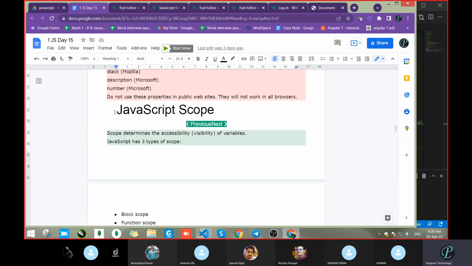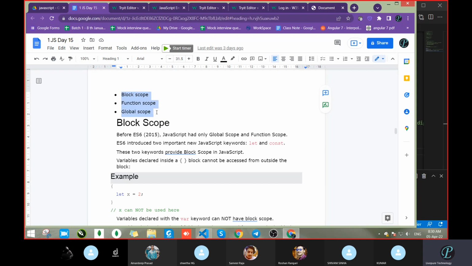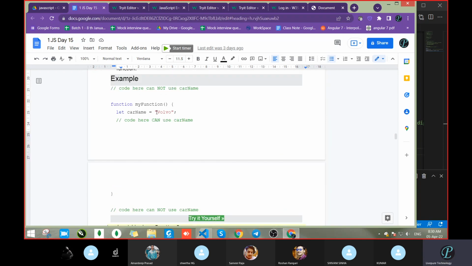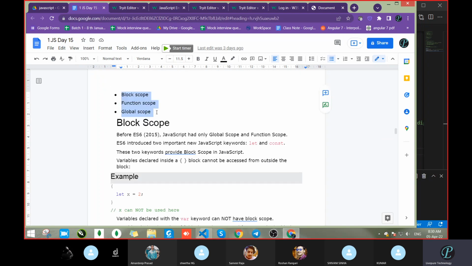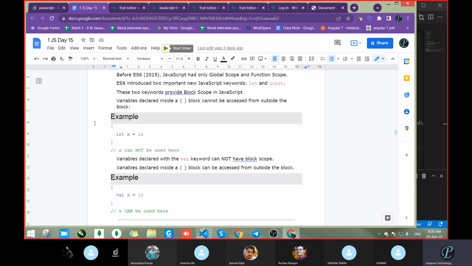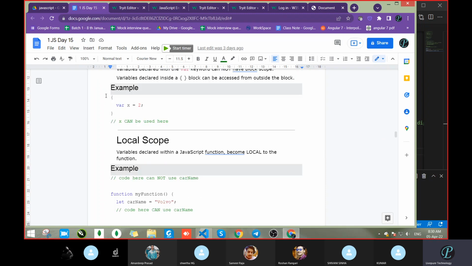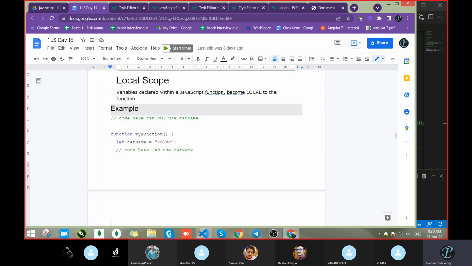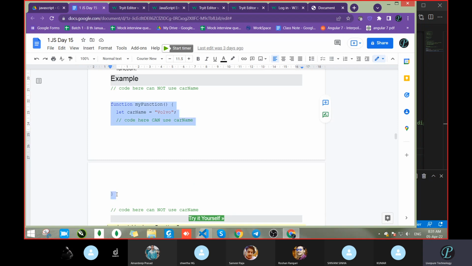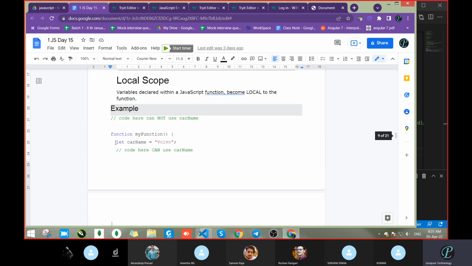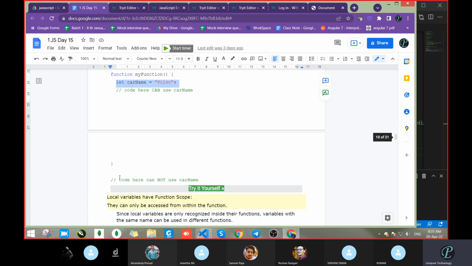Next is JavaScript scope. Already we had covered this scope. What is this? Block scope, function scope, and global scope. So already we know local scope and global scope. Let's see somewhat in this. I will not go through each line. A scope means curly braces. Local scope means if a variable is inside the curly braces, it is local scope. Like function scope: inside the function, if we define some variable, that is known as function scope. Like let carName equal to something. This will be function scope, inside the function. If you defined something inside the function and want to use it outside the curly braces, you can't get it, because the scope is defined within that itself.